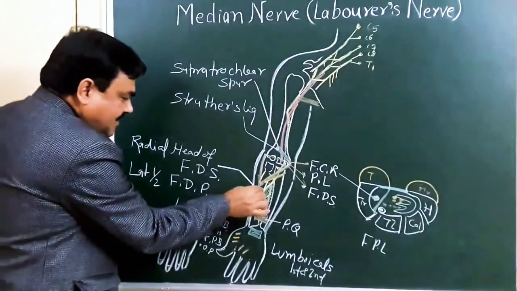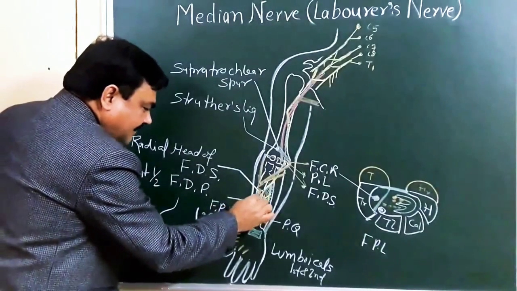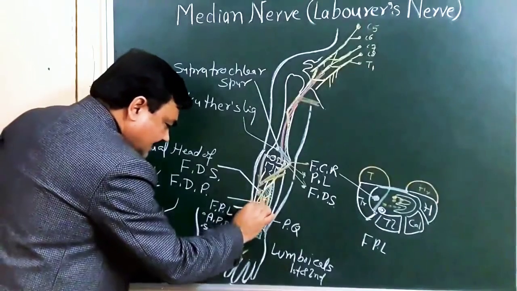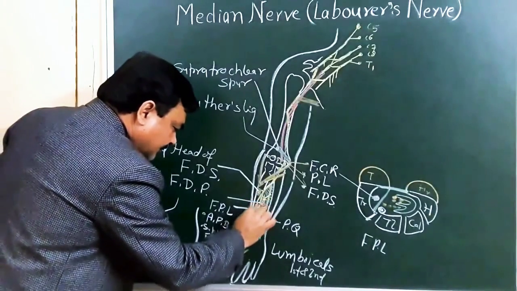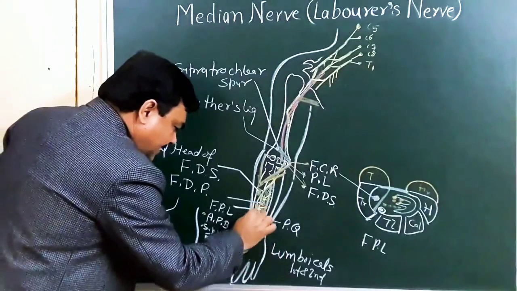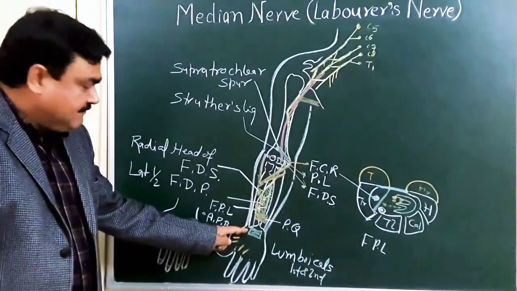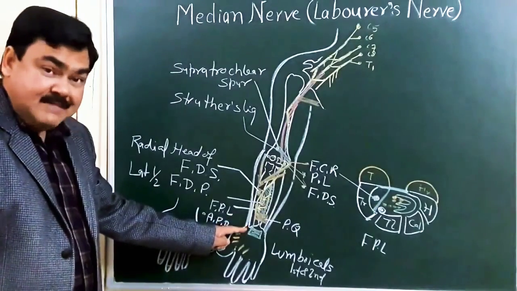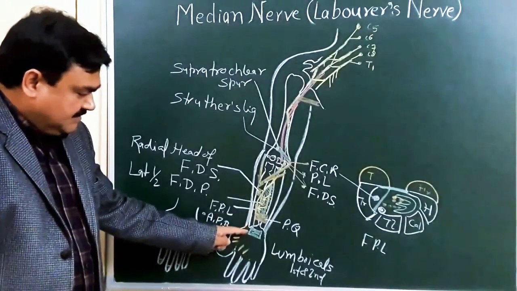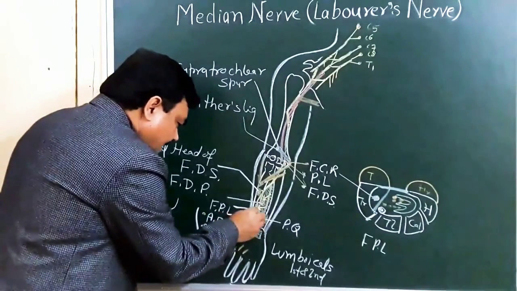It gives a branch to this, and then it runs downward up to the flexor retinaculum. About 5 centimeters proximal to this, it gives a branch that is known as